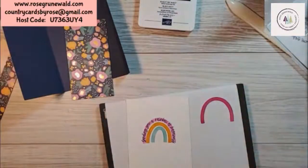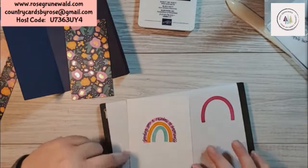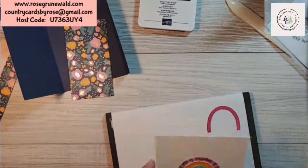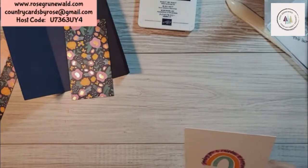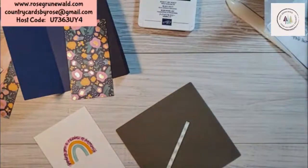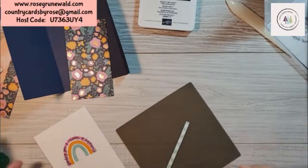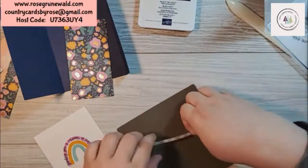Okay, now I've got this little strip that was left when I cut some of my layers off, and I'm just going to glue that on the bottom because the other pieces are going to go on the front, and that way I'm bringing the front of my card into the inside of my card. It's a pretty narrow strip, so I'm just going to use a little bit of my liquid glue. See, I do use other glues. You know I love my Seal, but